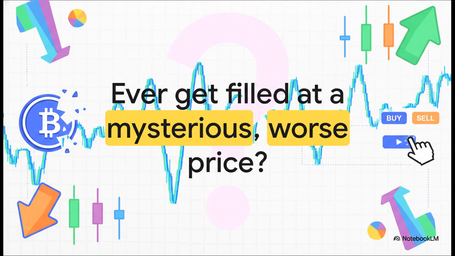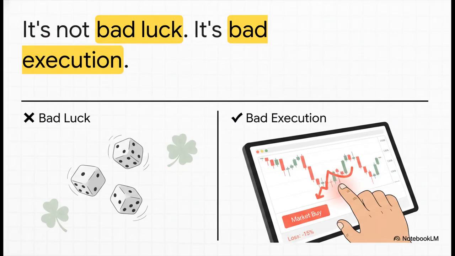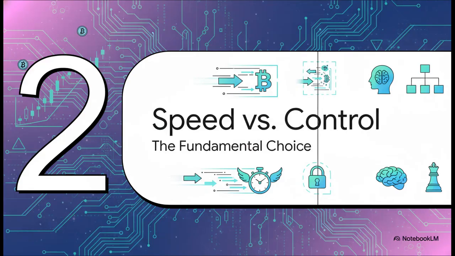Seriously, think about it. You see a price on the chart, you get all excited, you smash that buy or sell button, and the price you actually get is nowhere close. It feels like some kind of magic trick or maybe just really, really bad luck. Well, here's the big reveal. It's not some random force out to get you. The culprit is almost always something that's totally within your control, your execution. How you get into and out of a trade is every bit as important as why you're doing it in the first place.